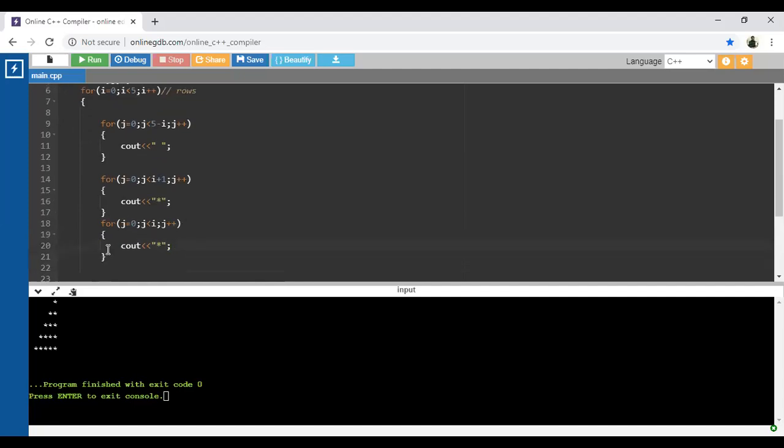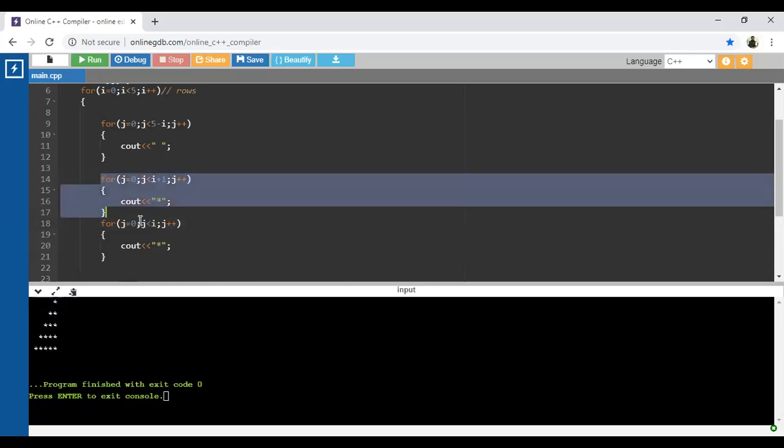Here in this case, this particular for loop, when j is equal to 0 and j less than I, what is the first iteration? When I is equal to 0, what will the condition be here? 0 less than 0, is the condition true or false? The condition will be false. So that's why in the case of the first row, a star is not printed. So the first line will be a single star as it is, from this particular for loop. And then for the second iteration, when I is equal to 1, the first star is printed,